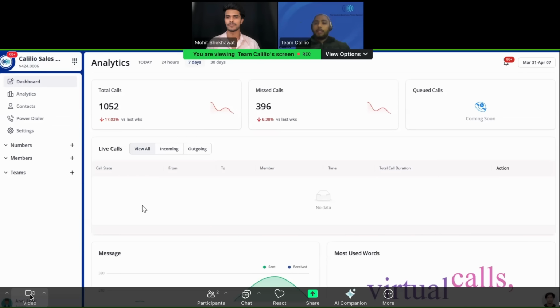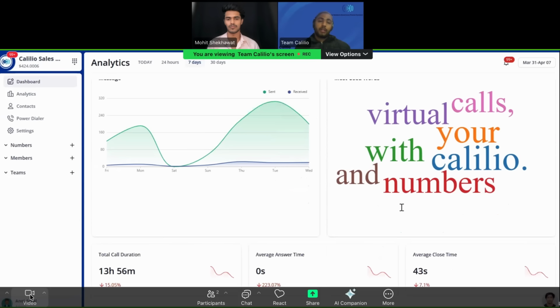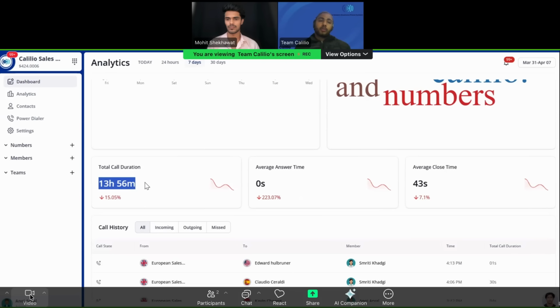Okay, sure. So when any of our users takes a subscription plan and logs into the platform, this will be the first page appearing. Once they are logged in and have chosen their plan, this will be the first landing page. It shows the overall analytics of the business, or the performance of the business online within the platform. It shows total calls, number of calls made, missed calls, live calls if any calls are ongoing at the moment, and a chart of messages sent and received so that it is easier to view the totals. And we also provide the total call duration, average answer time, and average call close time